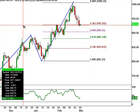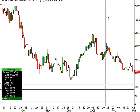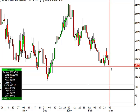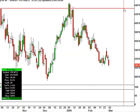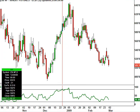Let's take a quick look at just wheat real quick. So wheat, we had the long entry here, and you can see it's come back down. Some of you took off, some like right here. Again, we approached some resistance there. Now, when I take a look at it on the weekly chart,